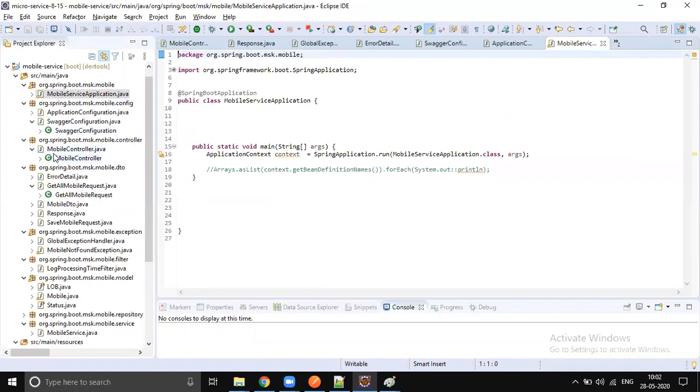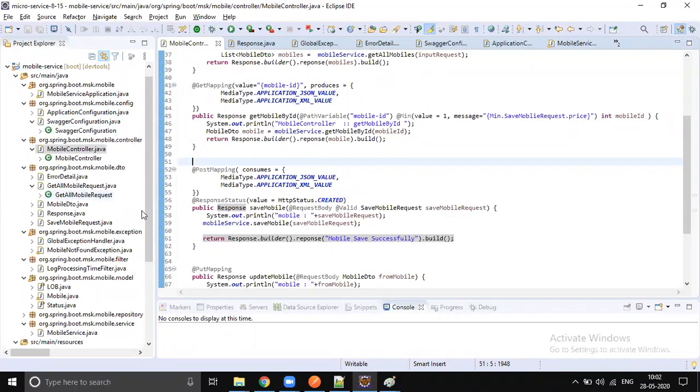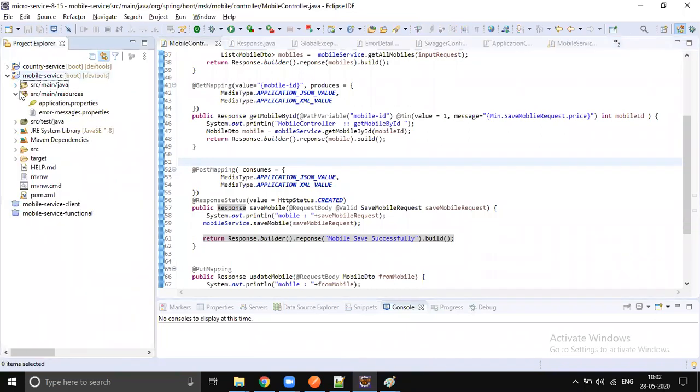right? So all the controller methods should return the response, and all your mobile repositories should take the entity classes, and all your DTO classes should be properly validated. You should get proper validation error messages, right? Yes, because maybe next week itself.